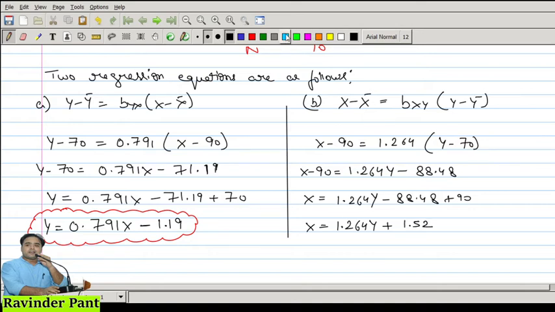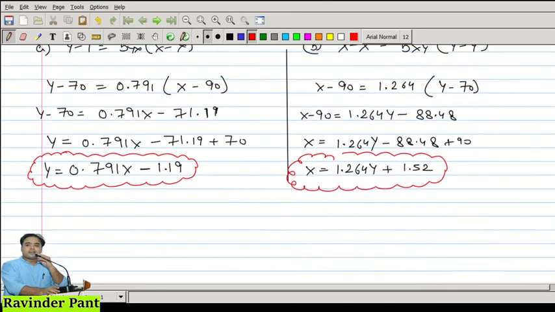So this is the regression equation of x on y, and you can see clearly that this